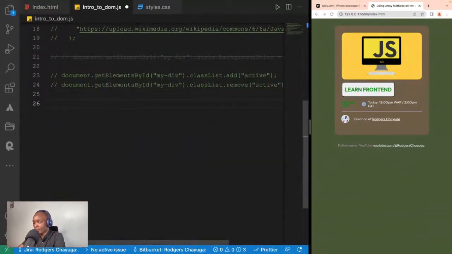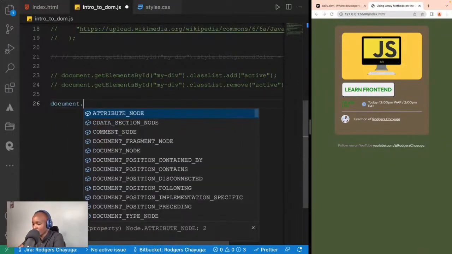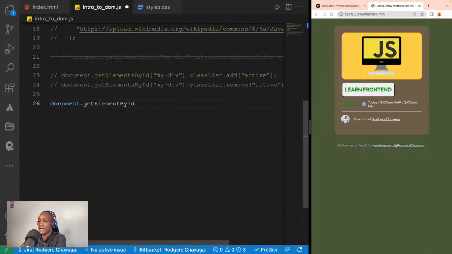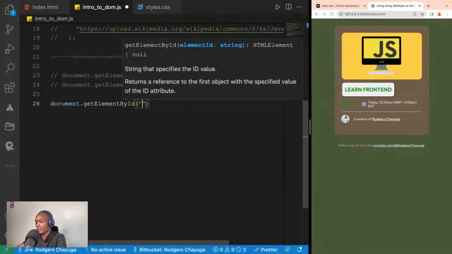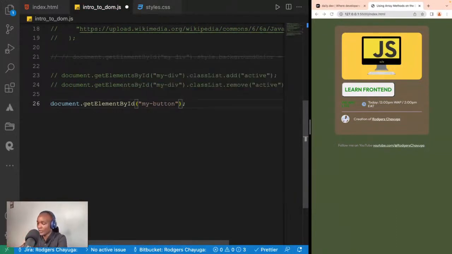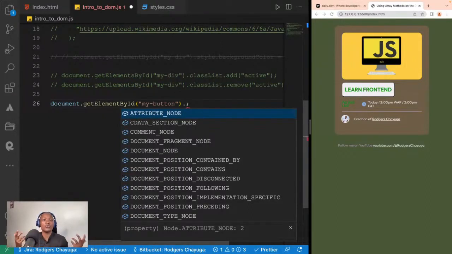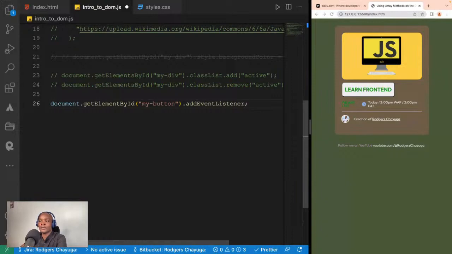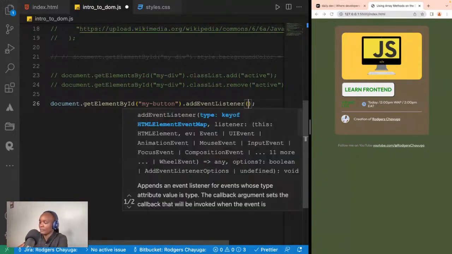And as always, document.getElementById, and you're giving it an ID of my button. So we are specifically selecting that button. Good. We are going back. Now, once we get it, what do we do? We are going to add an event listener. Add event listener. So what event listener are we adding? We're going to add a click